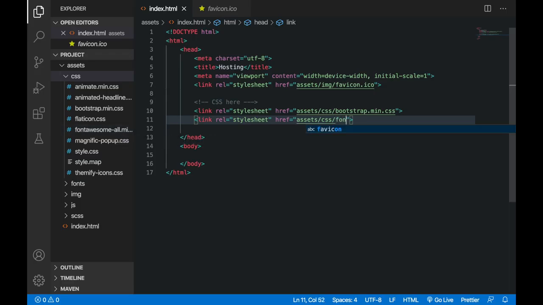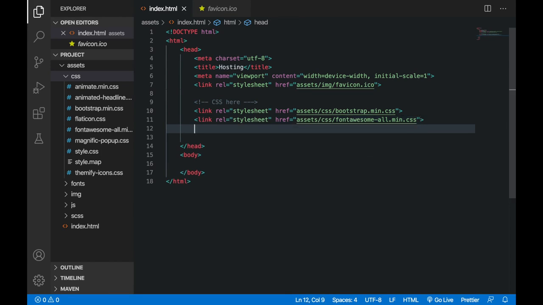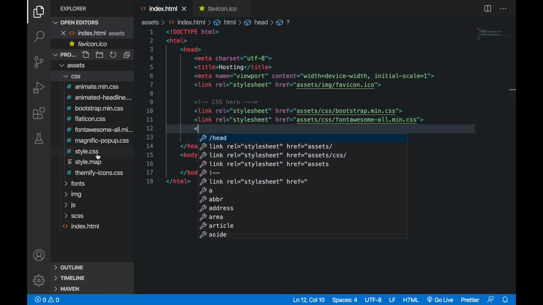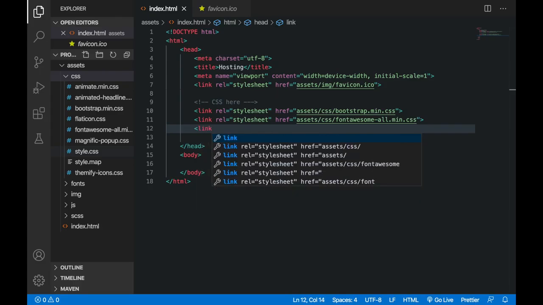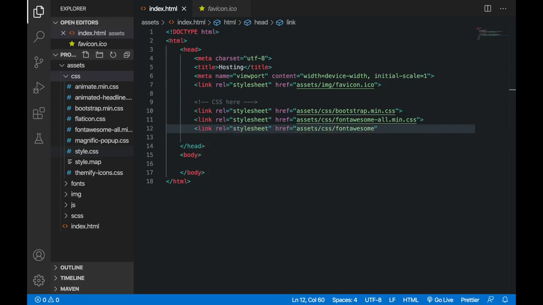So here I will just say Font Awesome, all.min.css, okay, it should be min.css, and that's it. After this I am going to link my style.css file, and that's a very simple thing to do. Here I will just say like this, sorry, it should be CSS and then style.css.